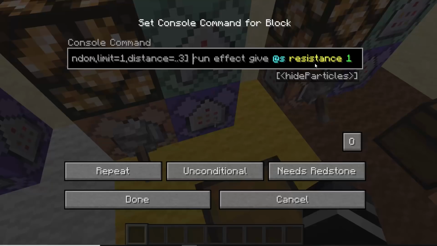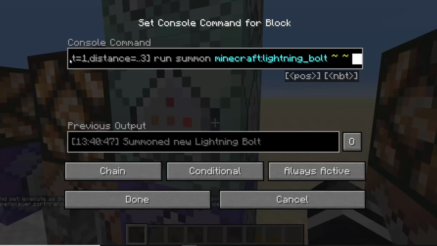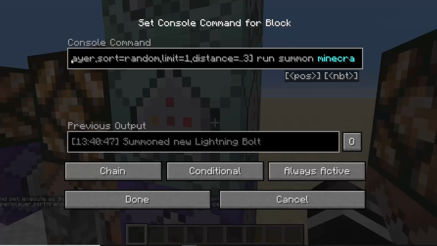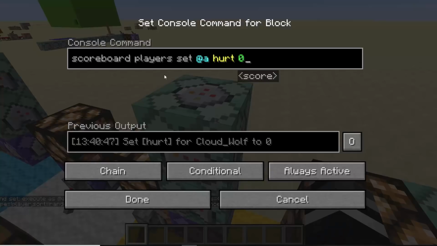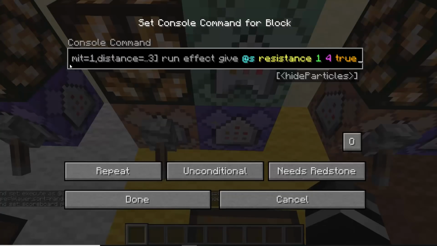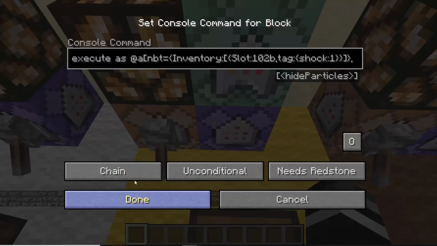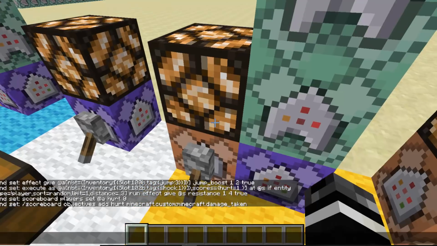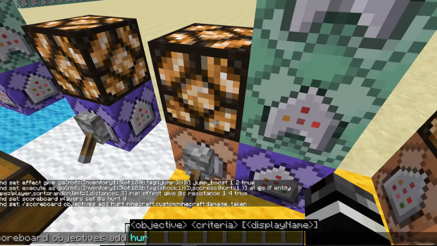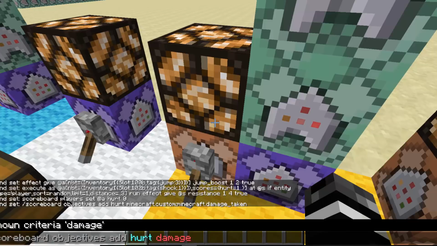Now, if there is an entity within the radius, it will first give them resistance, then this conditional command will go back to that player and go to the entity that is within 3 and summon a lightning bolt, and then it will set everybody's hurt score to 0. Now, the way it knows if you're hurt is it uses a scoreboard called hurt, and the type is minecraft.custom:minecraft.damage_taken. So before you could do scoreboard objectives add hurt damageTaken like that, or damage taken before,